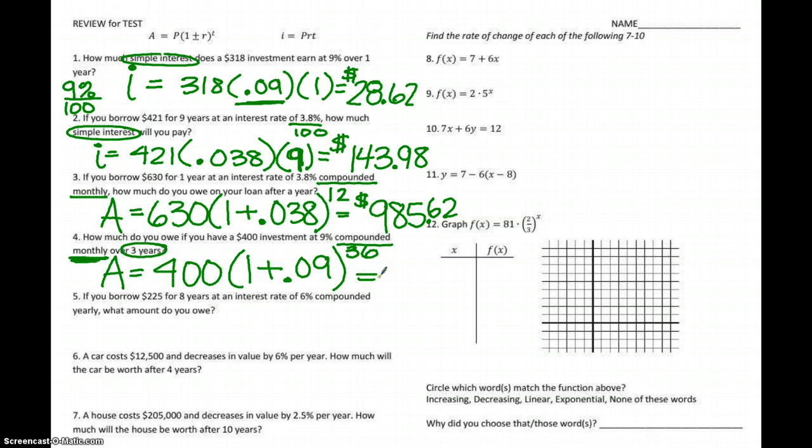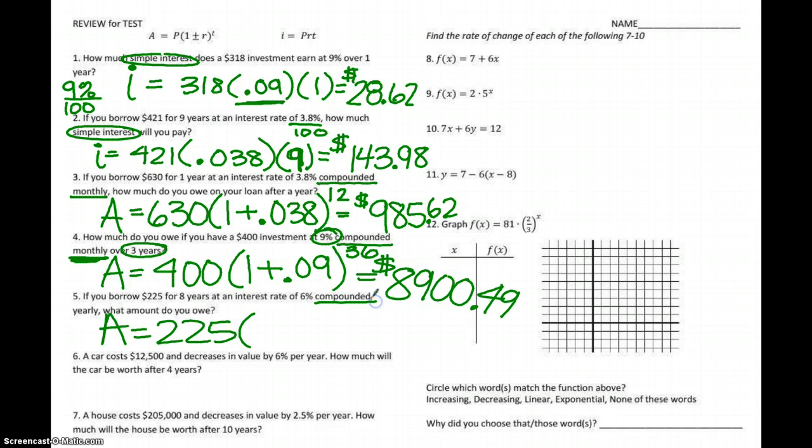And if we go ahead and figure that out, we'd end up with $8,900.49. Huge amount of money that we owe now. But again, it's compounded every month, and it's at a rate of 9%. That's a pretty big rate, pretty big percent. The next one, if you borrow $225,